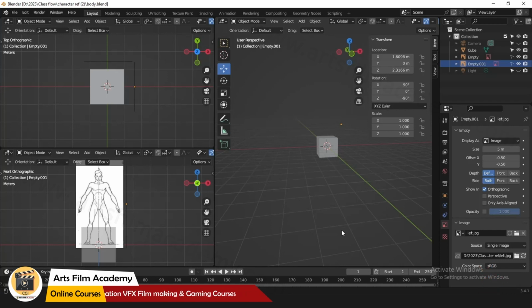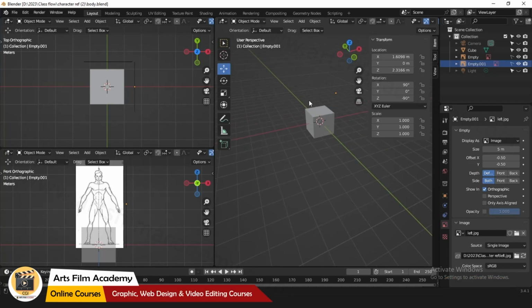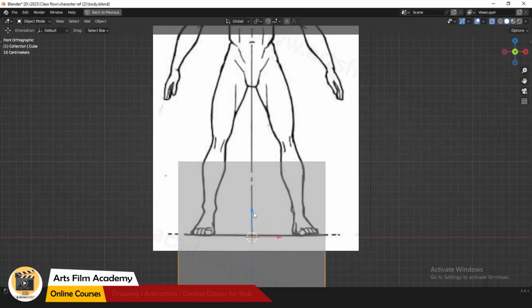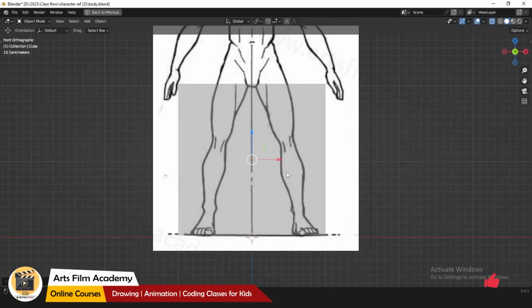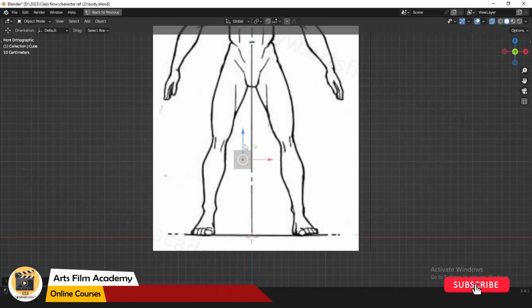Once you know this technique, you can implement the same technique to create any kind of character, alien, or any kind of character you can start with. Now let's start. I will start with the foot. So let's scale, position,